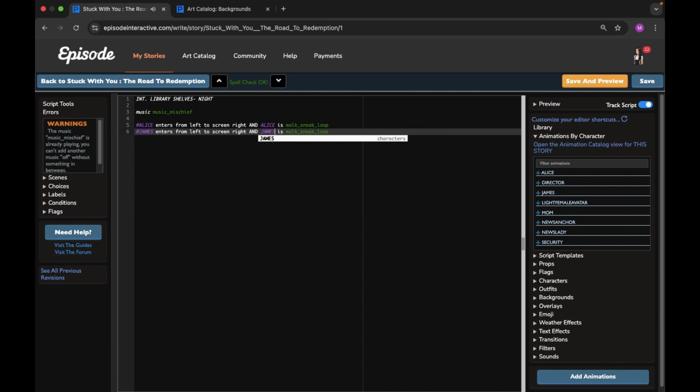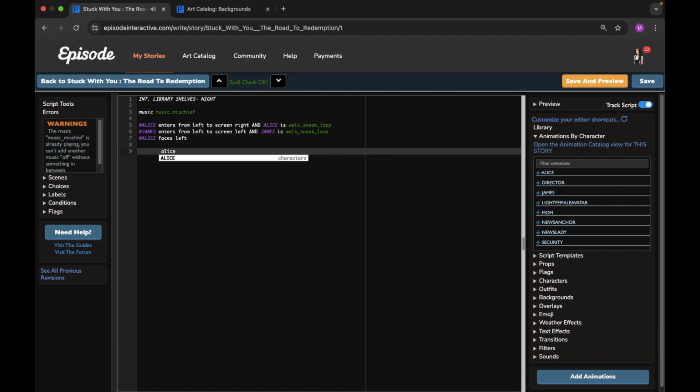Okay, so I want him also to enter from the left, but he needs to end screen left, just so that they aren't standing on top of each other, if that makes sense. Okay, then I want Alice to face left. Alice faces left because they're going to start speaking to each other, and Alice can say, I'm going to have a talk worried,